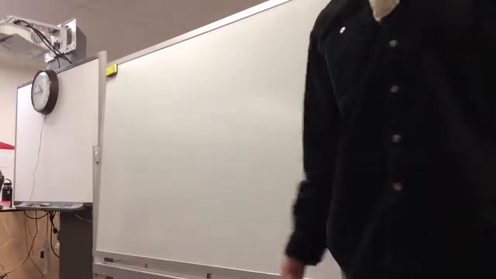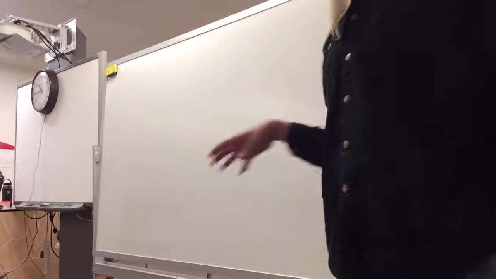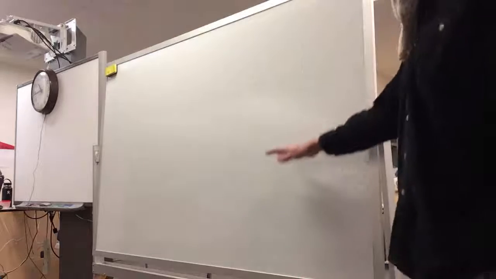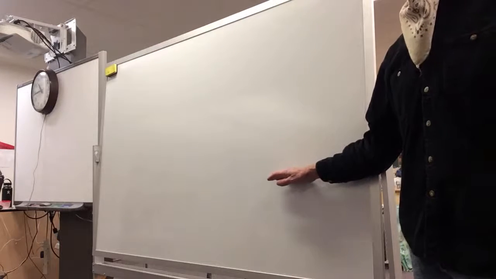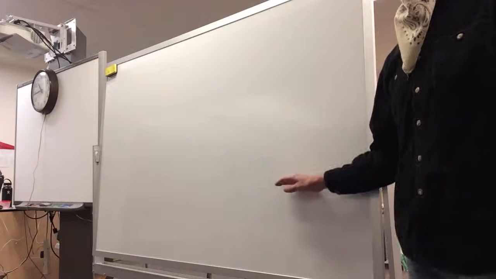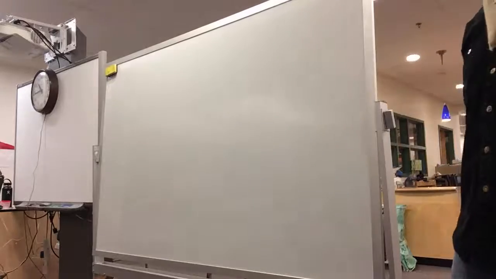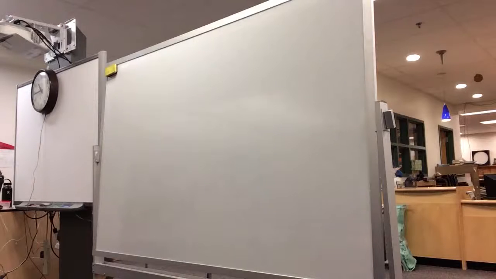Here. Is this okay here, or is this a problem? What if I put it here? If I start writing too low on the board, and yeah, this class period, if I start writing too low on this board, stop me. Or just tell me, if I write below this, is that too low for you guys? Is that a problem? Okay, I'm sorry, is this okay? If I'm from here up, like the top 2/3 of the board? Okay, if I get carried away and I keep going, please just remind me and stop me. I don't mind. I would appreciate you doing that rather than not being able to see something.